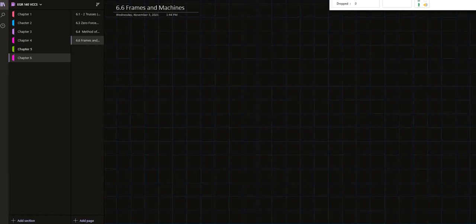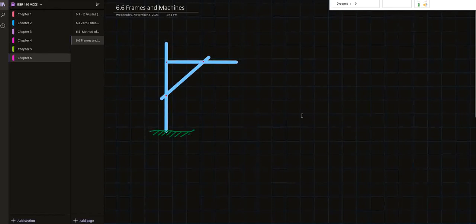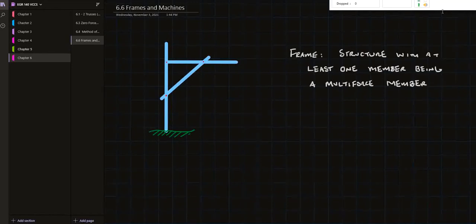In section 6.6, we talk about frames and machines. So let me just put this picture in here. This is a frame. A frame is a structure where at least one member is a multi-force or multi-moment member. So if we look at this structure I have here, I'll have a weight hanging from this pole,